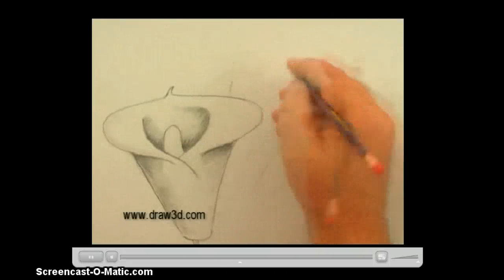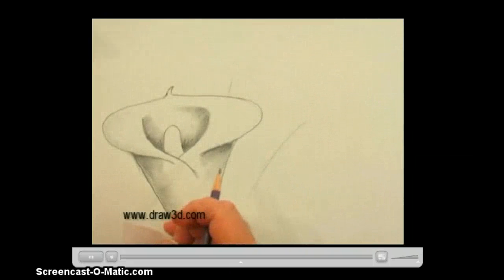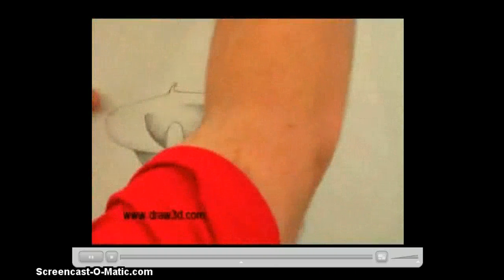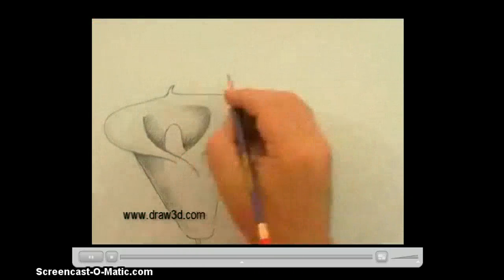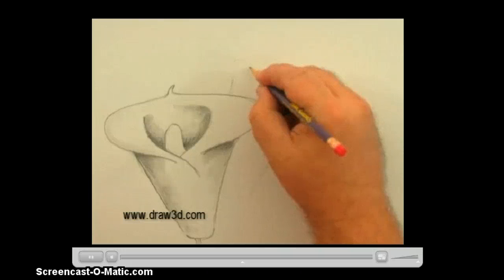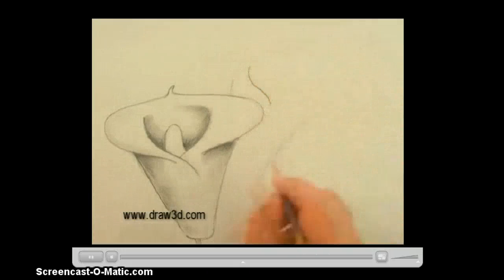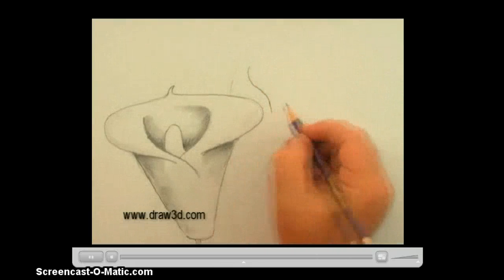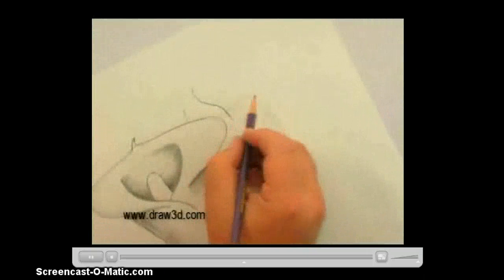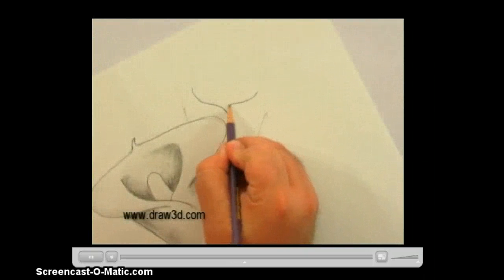So I'm going to take this. In fact, you know what? I'm going to take this right up here, right above me. I like having that reference right there. I'm going to draw this nice S curve starting here. Okay, this is going to be the top of our next flower back behind here. I'm going to turn my paper, and I'm going to curve this around,